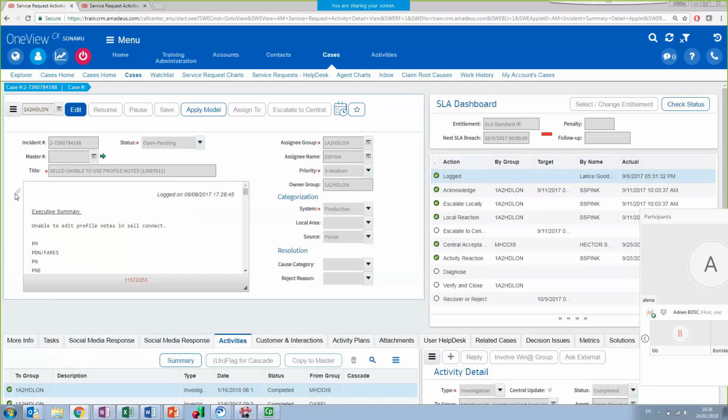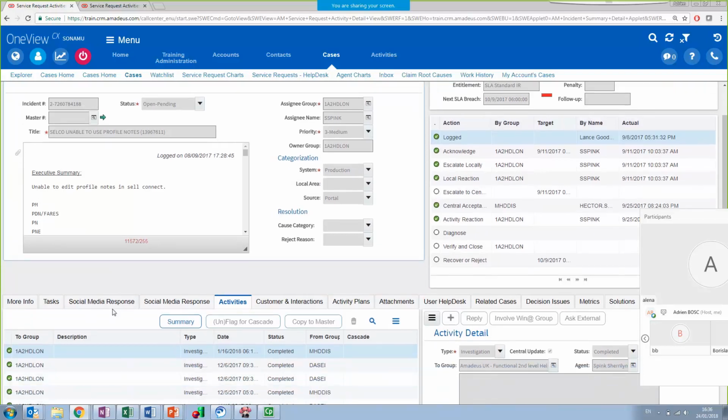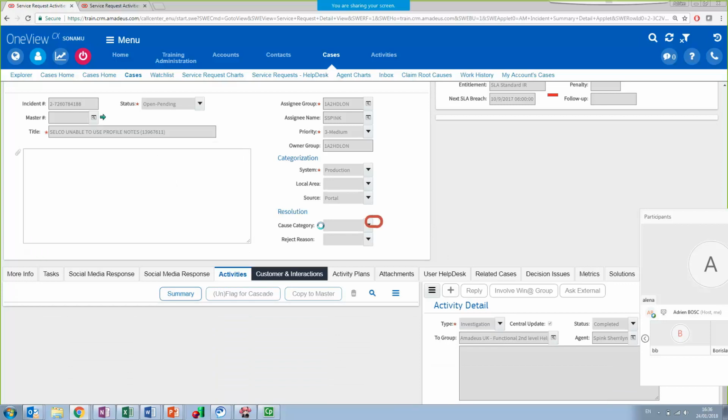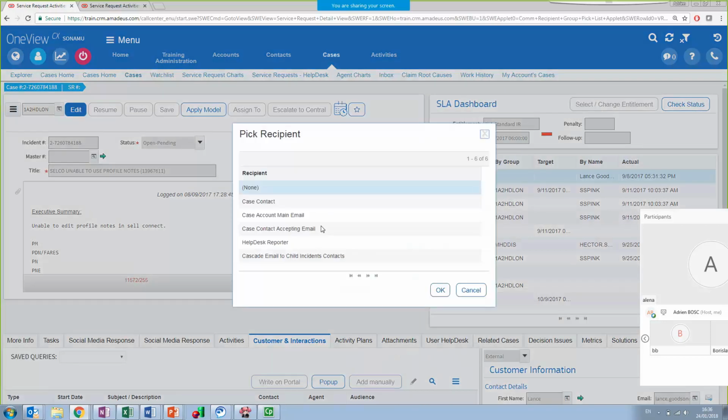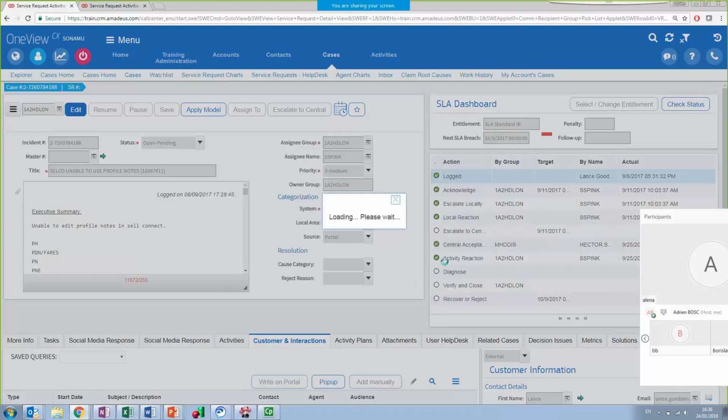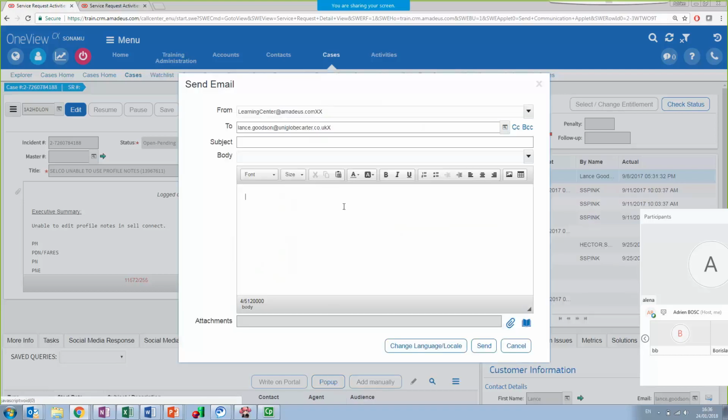I don't know so far what can be done, but I would say that you can also, from the customer interaction, send manually an email to the customer. So clicking F9, picking case contact, and then notifying them of the issue that you had with MasterCard through this manual email.